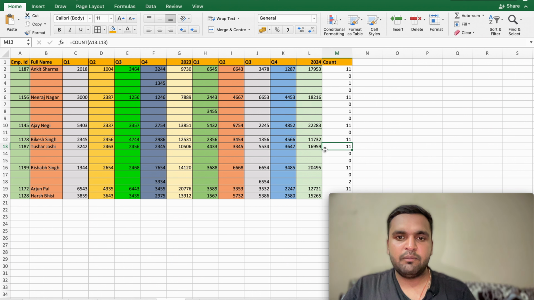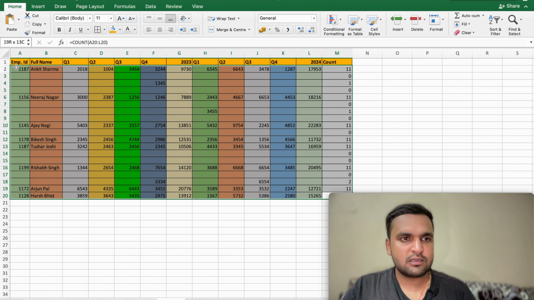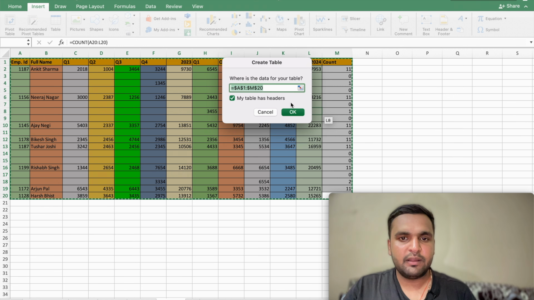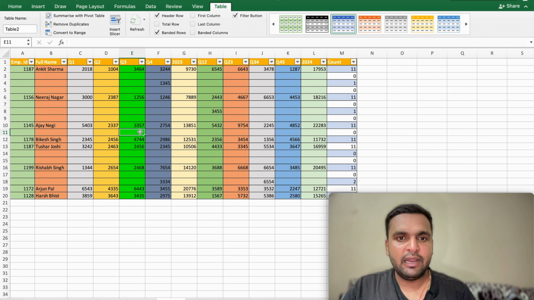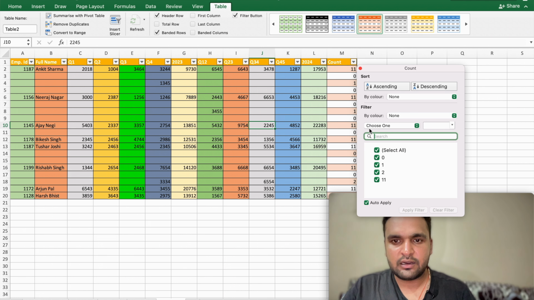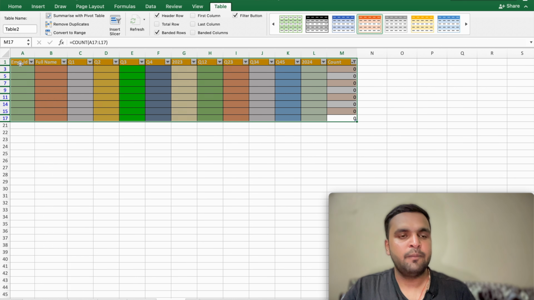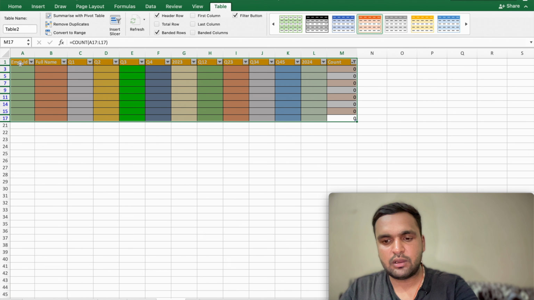now what I'll do is I'll just convert this into a table format. So to convert this into a table format, what I'll do is I'll go to Insert, and from here I can convert it into a table, and another way is I'll just type Command T and press OK. As you can see now my data is converted into a table format, and to filter this I'll just filter this and select 0. As you can see in which there is no data filled, I have selected all this, then I'll just type Command minus,